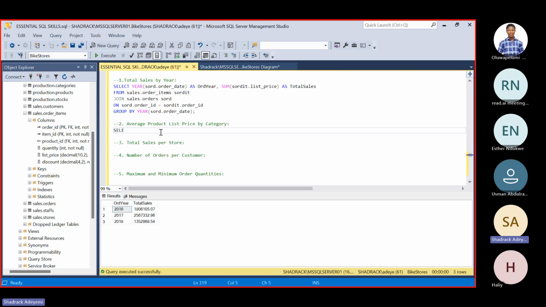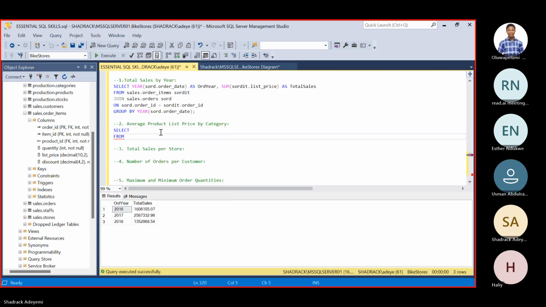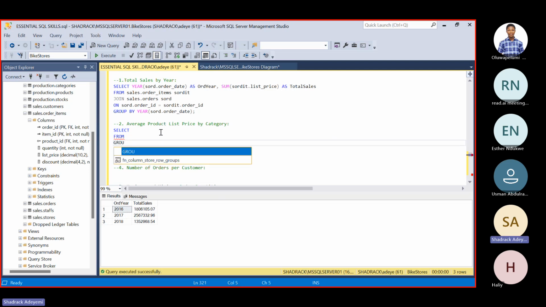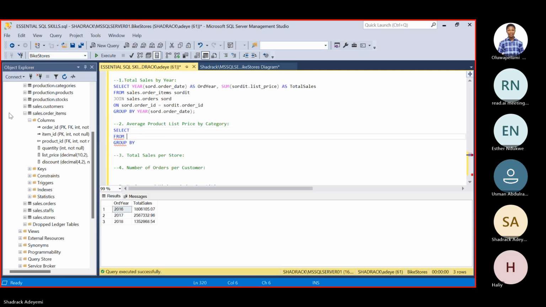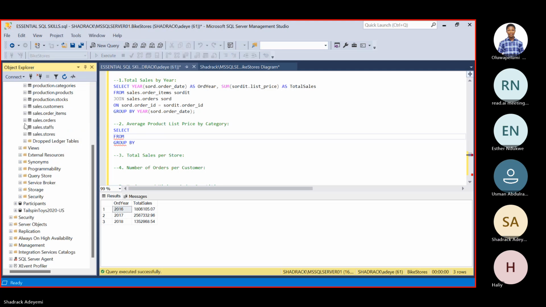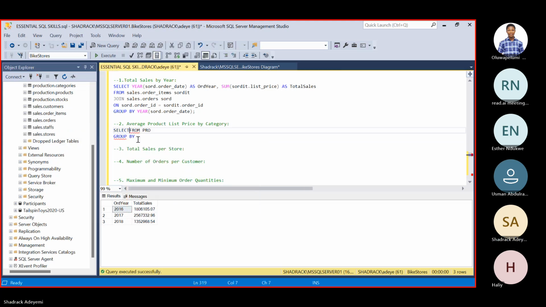So again, we have the select statement, we have our from, and then we have to group by because we're obviously running an aggregate function. So from our production table, which is in the production schema, I'm going to be calling that.